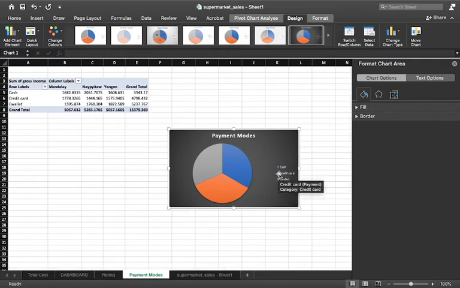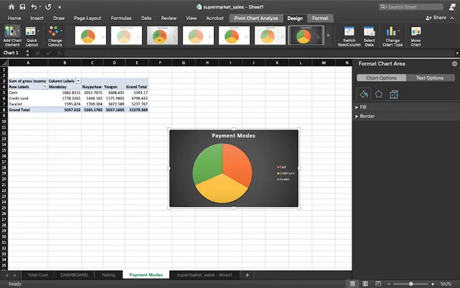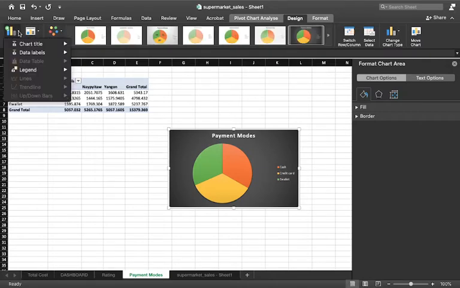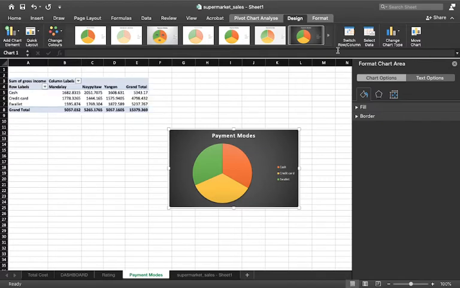Also, you can do a lot of formatting in the particular chart that you use. You can change the palette colors. You can add a chart element. You can add any title or legends or labels or whatever. You can even choose where you want to add those particular things. Then you can even switch rows and columns. Like you can really do a lot of things with your chart here.